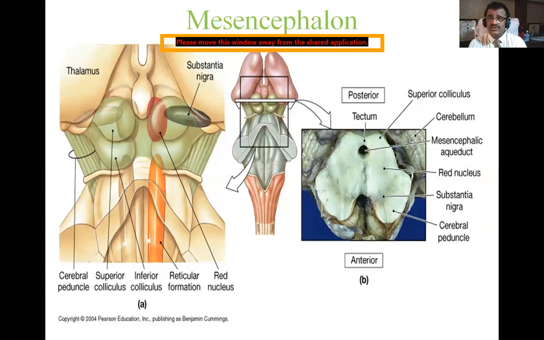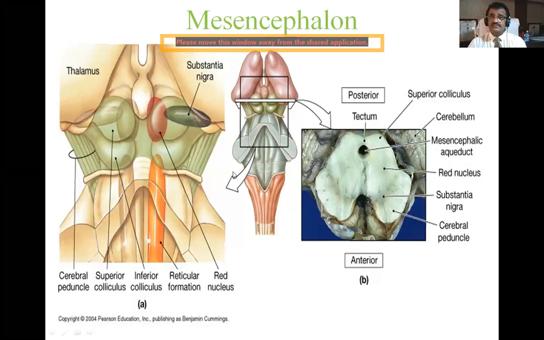This other diagram shows you the different parts of the midbrain, the mesencephalon. You can see the square here, and in the middle there is the midbrain. You can see the tectum part, the cerebral aqueduct hole here, and the tegmentum portion here. Different structures located in the midbrain are also shown: superior peduncle, superior colliculus, inferior colliculus, reticular formation, because the reticular formation is a part of the brainstem, and the red nucleus.